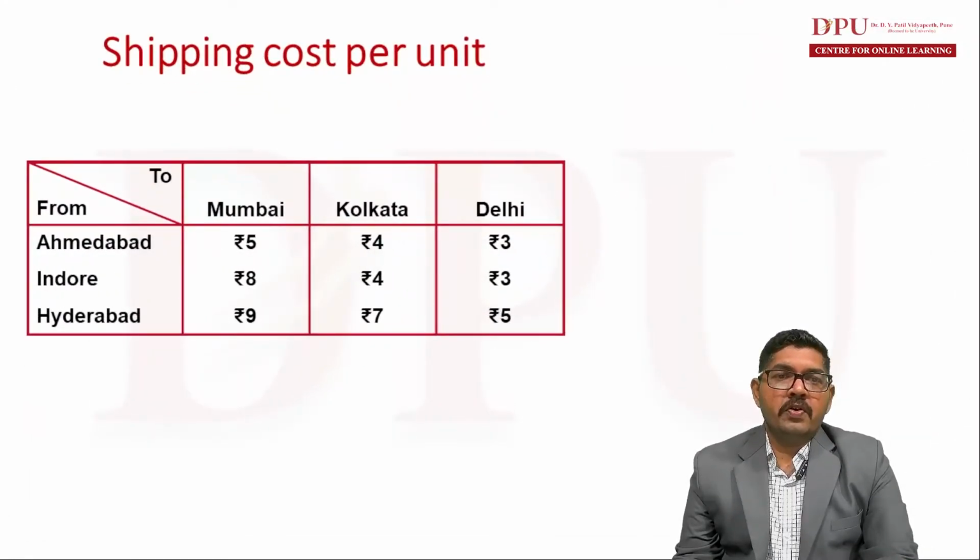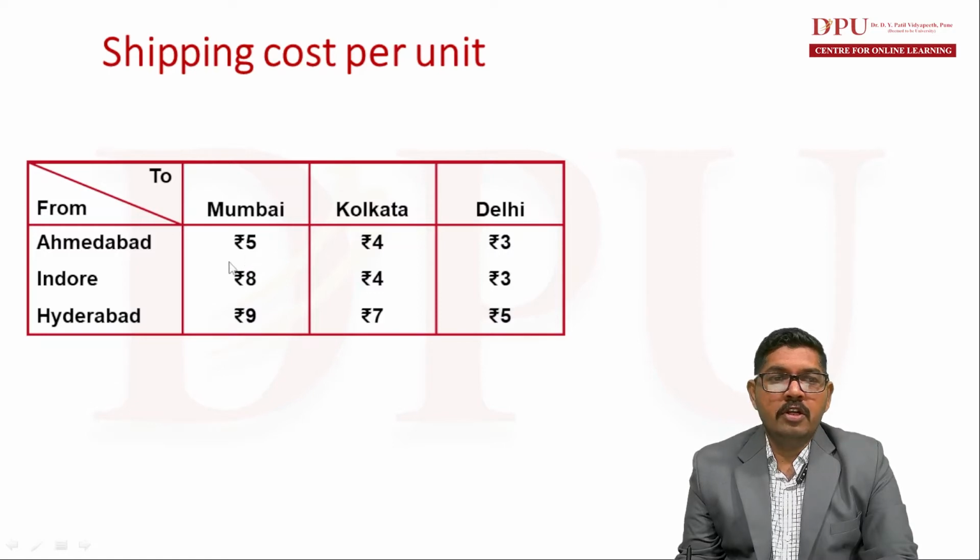Then shipping cost per unit. So the shipping cost per unit is mentioned in this particular box. For example, from Ahmedabad plant to Mumbai warehouse, ₹5 is the shipping cost per unit. I repeat, in other words, to ship one unit from Ahmedabad facility to Mumbai warehouse, the expenditure is ₹5